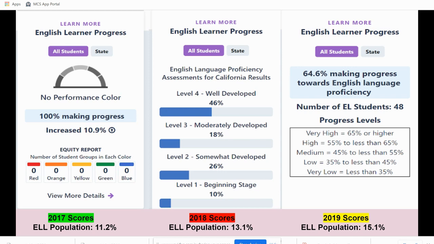So, again, looking at 2017, 2018, and 2019, we are seeing that we were at the top of our peak in 2017 with our ELLs making some tremendous progress. In 2018, we're in the middle of the road, and in 2019 with 15.1%, basically we're saying 50% of our students were successful, and that other 50%, I'm lowballing here, 50% of our kiddos really needed some additional supports in order to meet the average range.